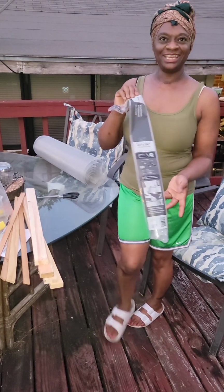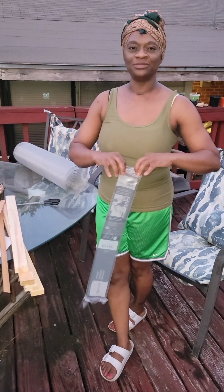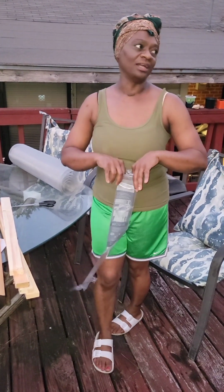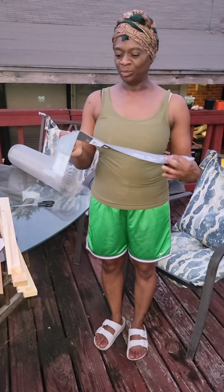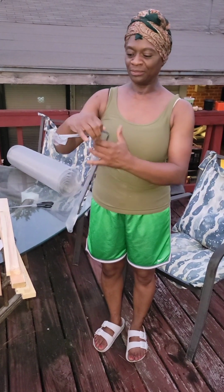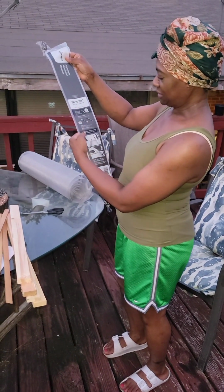Hey guys, today I'm going to be making a DIY drying rack for my herbs. I've got a lot of sage left and spearmint. So I went to Marvin's, the home improvement store, and purchased some aluminum, what is this, like an aluminum,